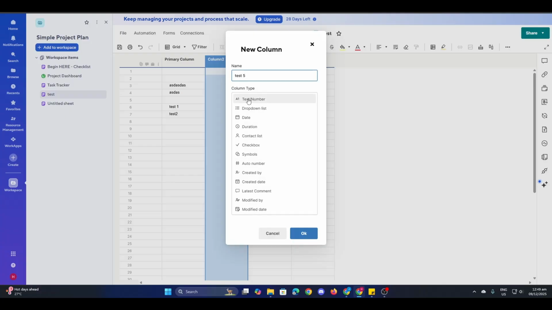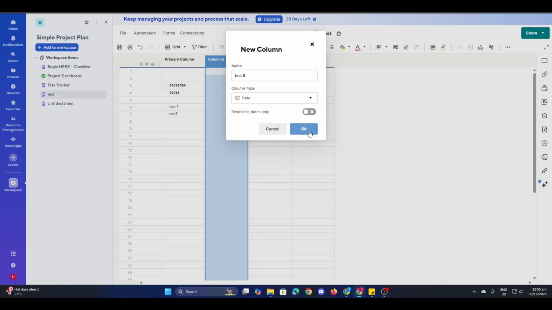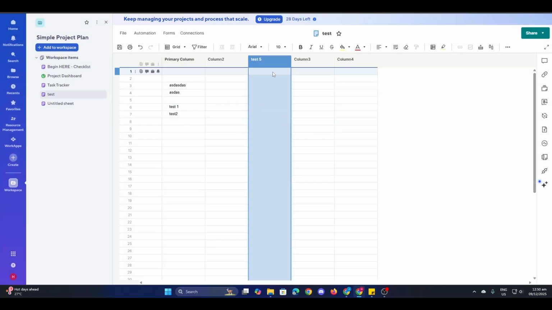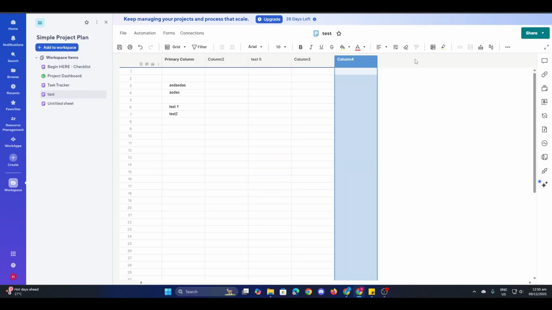Oh yeah, you can just select your column type here as well. So let's say I'm going to select date. Okay. And then click on OK. And there you go. Now if you want to select a column here, the last column here, the left side,